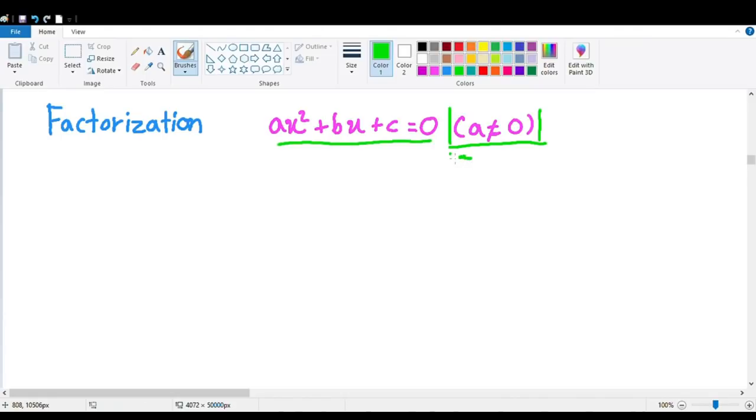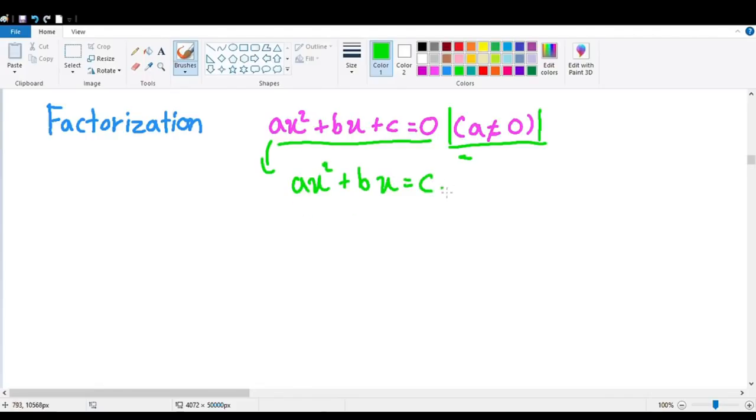And so that is the first step. If any quadratic equation is not in this form, then you need to turn it into this. Let me show you an example. If a quadratic equation is like this,